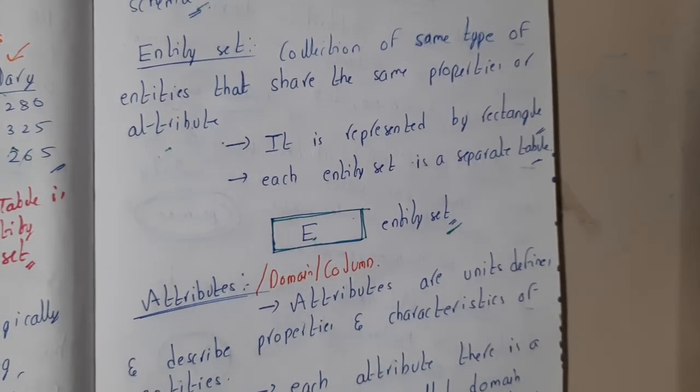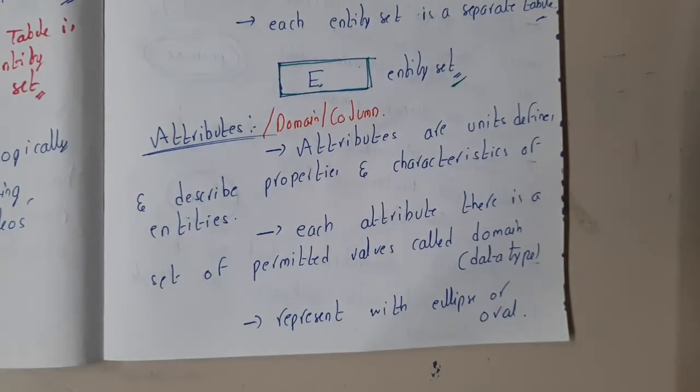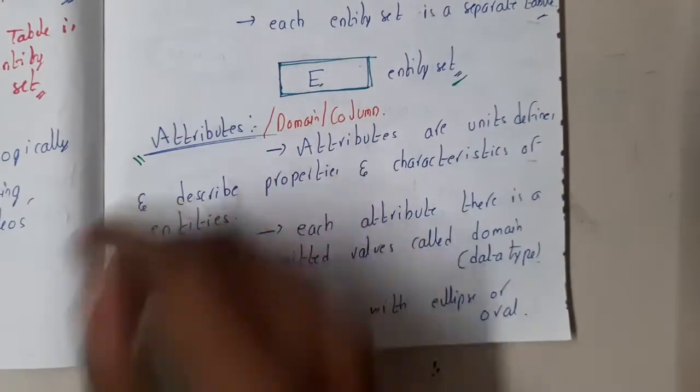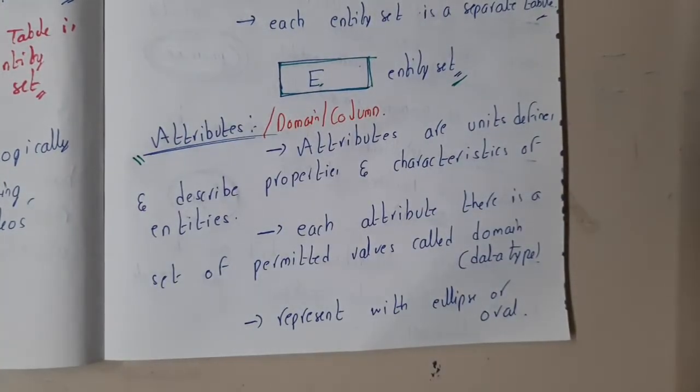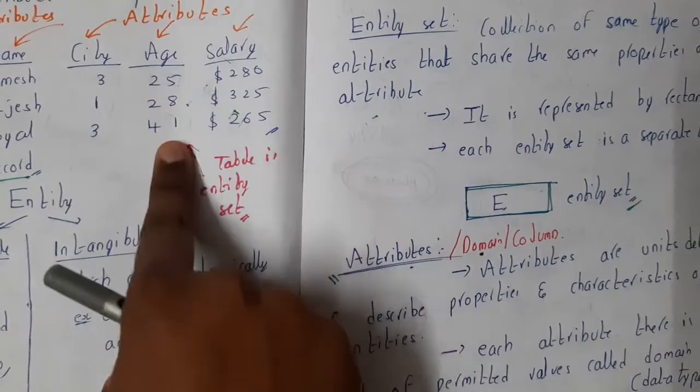So now let us understand what an attribute is and what the different types of attributes are. There are around 5 to 10 types of attributes, guys. I'll be discussing each and every one in detail, so please concentrate for some time. Okay, let us start. Attributes are also called a domain. In simple words, it is called a column, guys, right?